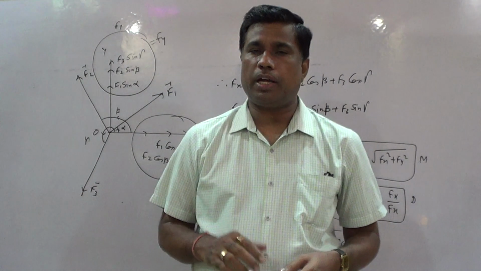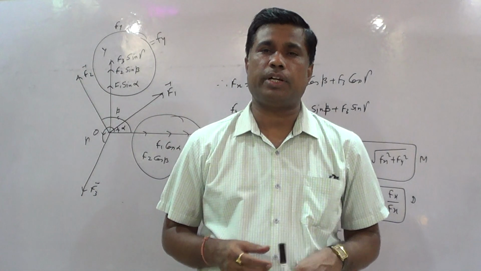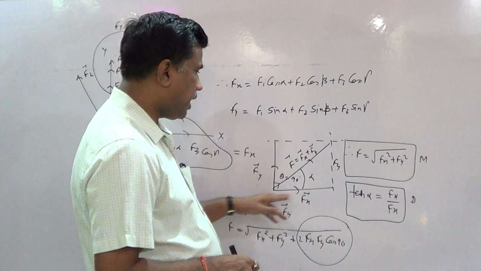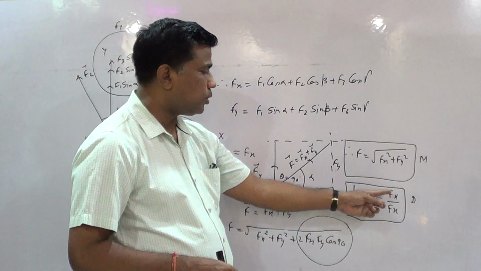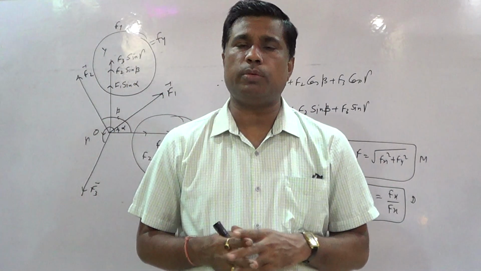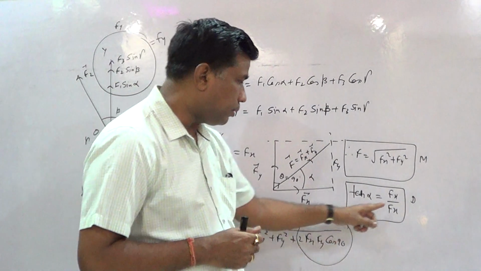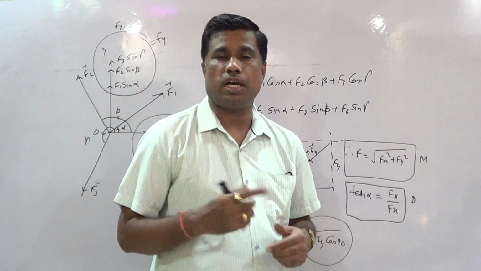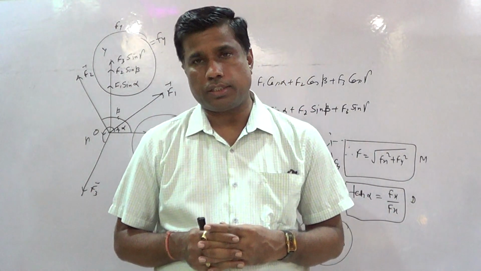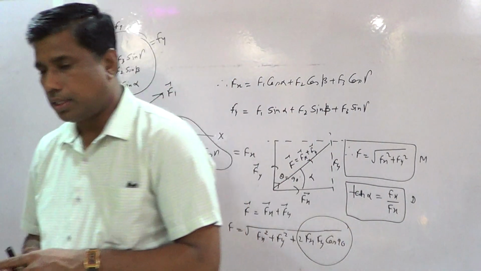Student, you can also apply the formula which I derived for direction of two vectors, that is tan alpha equal to b sin theta by a plus b cos theta. But as there is a right angle triangle, we can also apply this formula directly. Both formulas will give the same result. Or I can say you can derive this formula also from the formula which I derived for the direction of two vectors, that is tan alpha equal to b sin theta by a plus b cos theta. Student, you can write it. Thank you very much.